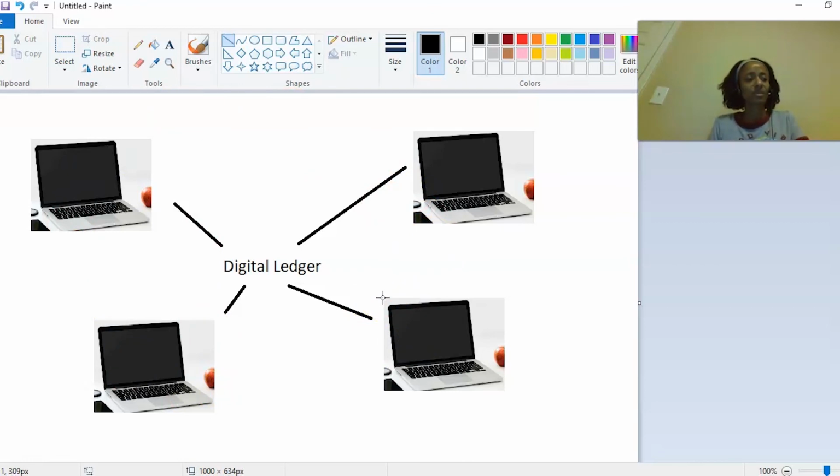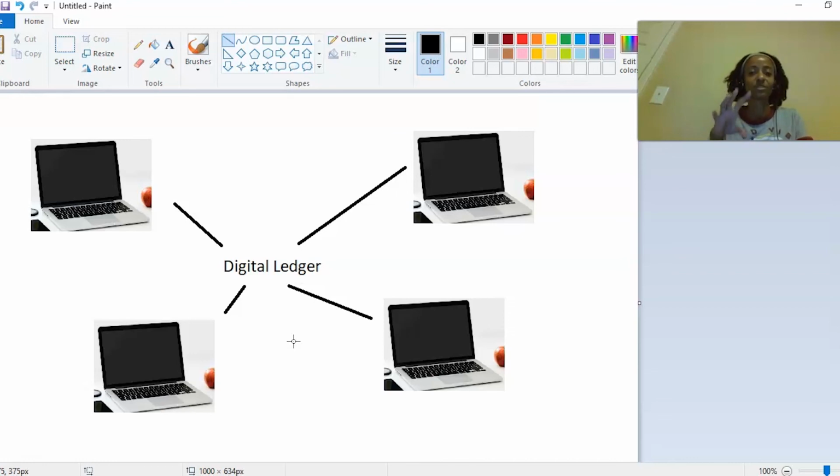Now, it's hard to fake the information. So let's just suppose Paul didn't have the money, he was fibbing, and he verified his own transaction. Suppose that happens. That means there'll be a fork in the code, and eventually it'd be found out that that code is not correct, because remember, there are so many different ledgers out there that it is hard to cheat. We'll have to go over exactly how a fork in the road occurs and how to determine if the ledger is not correct. But just in layman's terms, once a transaction is verified, it turns into a block and is added to the blockchain. Basically, that is how it works,